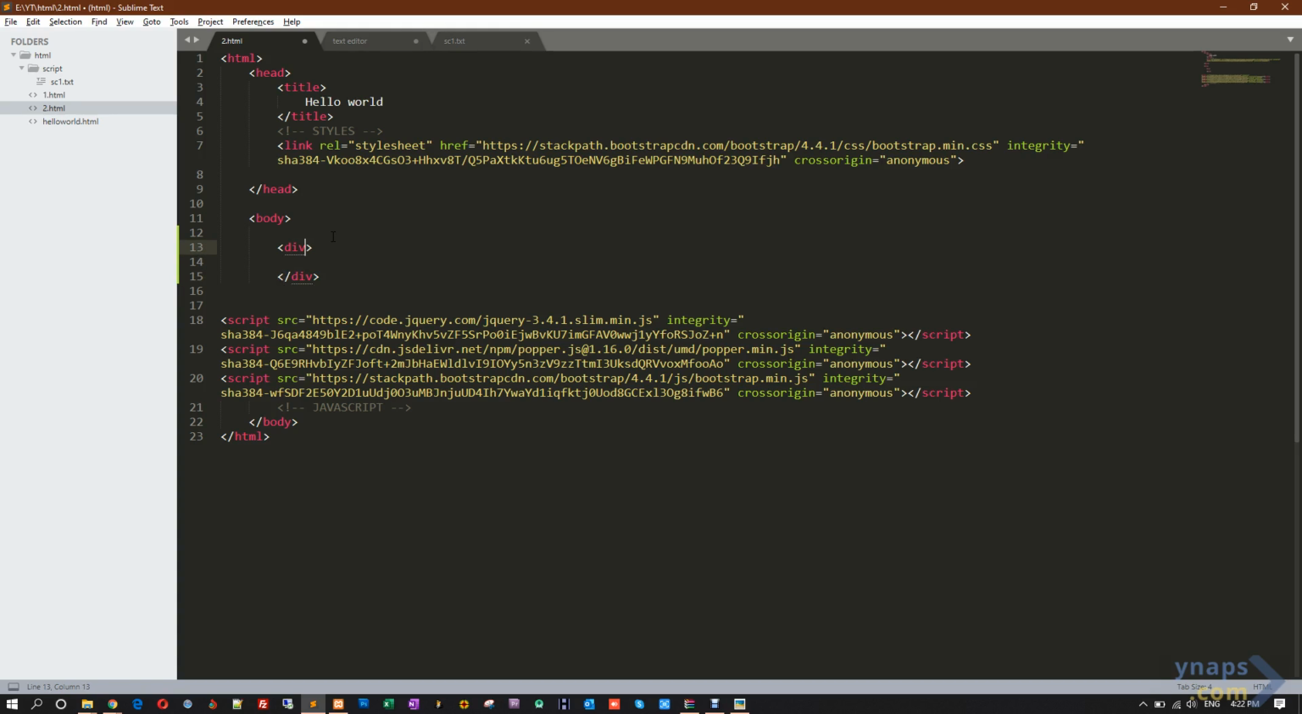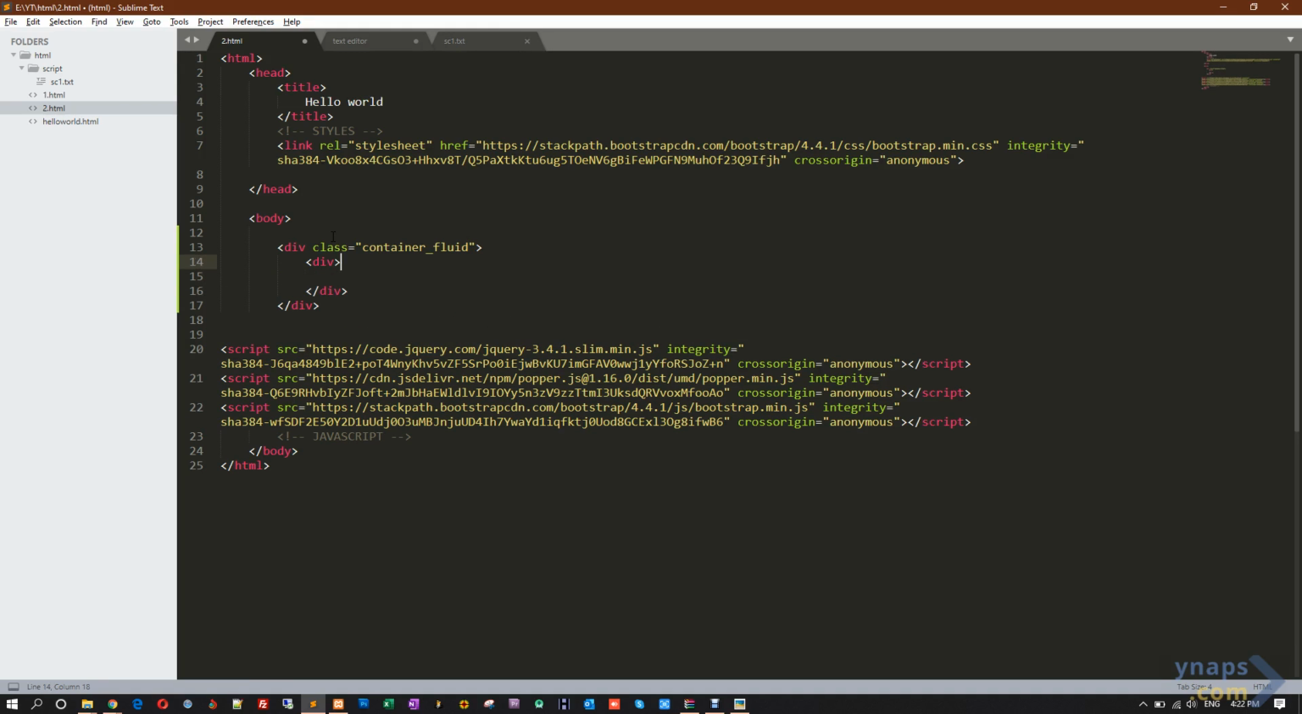We have to start with div. It's called division. Give it a space and write class. If you do not know what class and id are, I will make a separate video about it. This is a part of CSS. Let's call it container fluid. This is part of Bootstrap. This is a Bootstrap class. Just copy and paste it, don't worry, I will explain it all in a while, or maybe in a separate video. If this video doesn't get very long, then